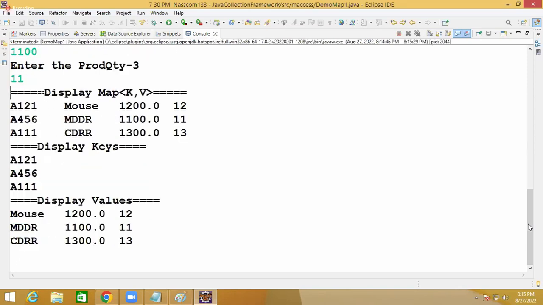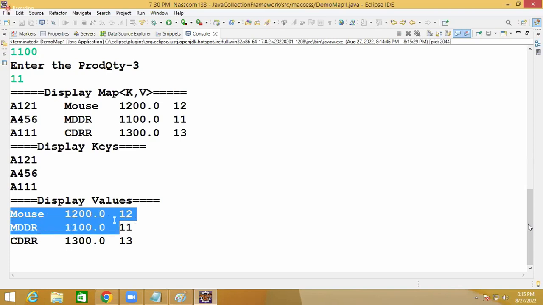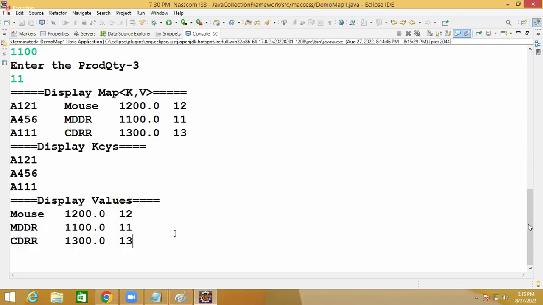This is the map. Here only keys will come. Here only values will come. Can you see this? The map has one advantage. You can separate keys and values separately, and we can separate them very clearly. Understood now, right? After displaying this now,